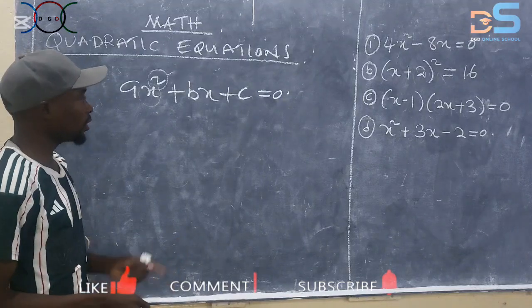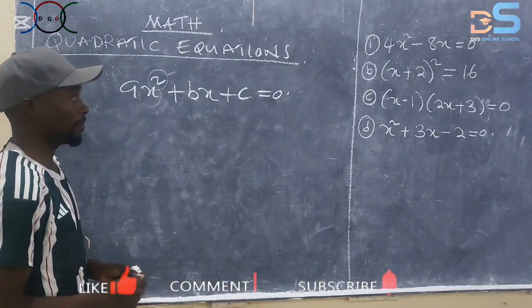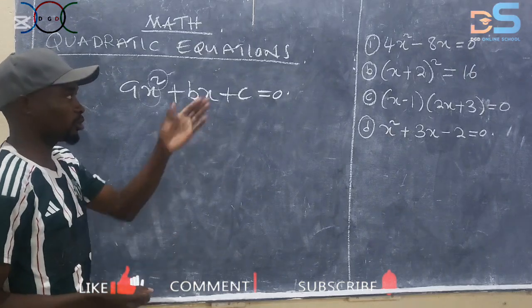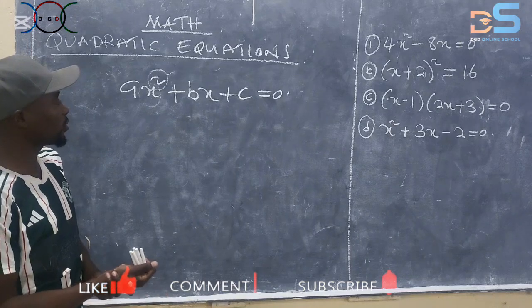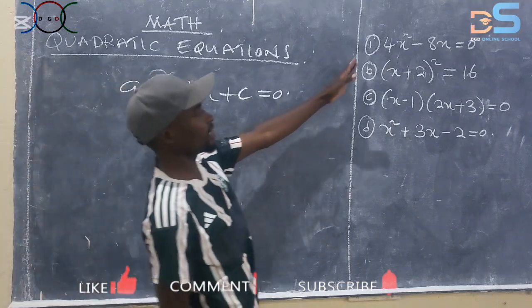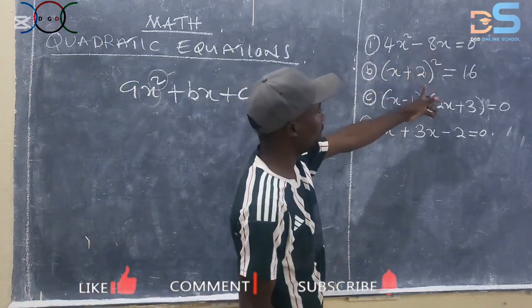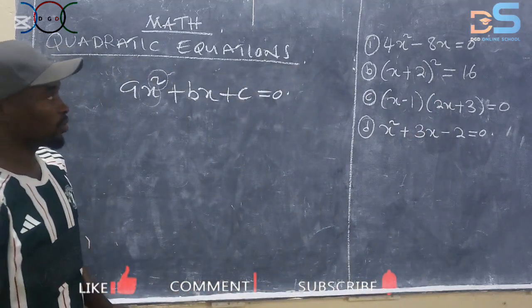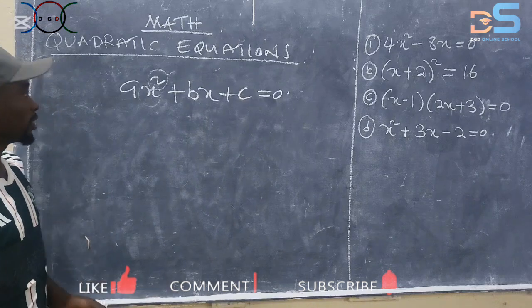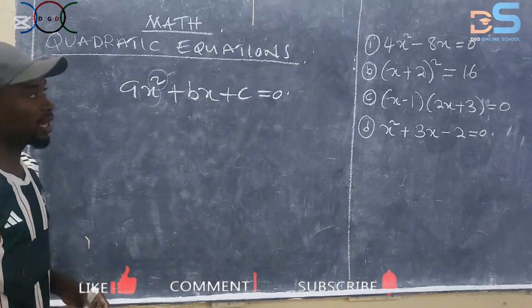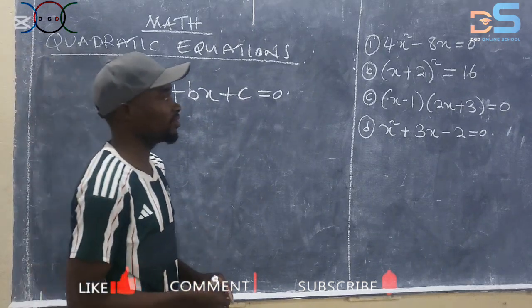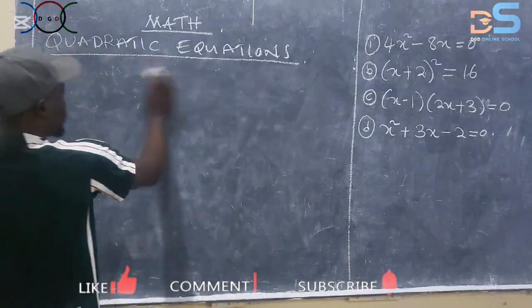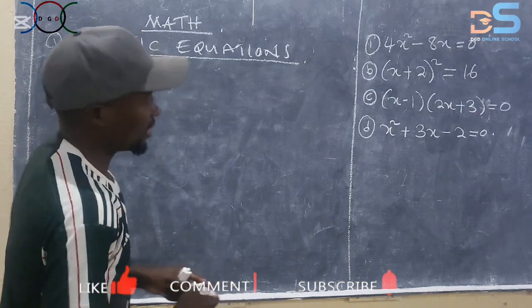Now, quadratic equations mostly come in paper 1, where you're told to sometimes factorize and sometimes to solve. So this quadratic equation comes in different forms. As we can see here, we have the first question, the second question, the third question, and the last question. Today we want to see how best we can solve a quadratic equation if it is given in any form as they have brought it. So our first question is telling us to say,